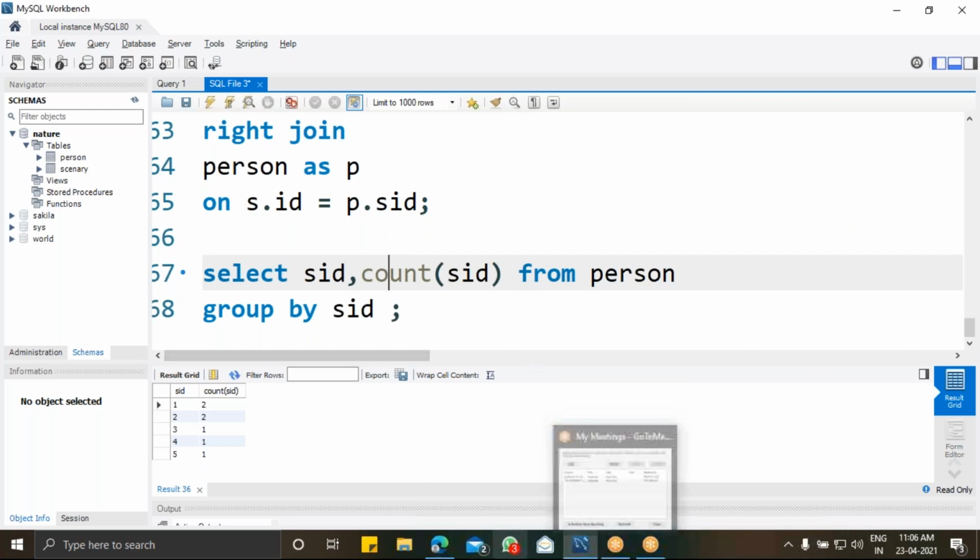So when you're listening, it is pretty much very easy for you, but whenever you start to work on it, then only you know the difference between it. So where to use this group by, where to use this order by, where to use this where clause, where to use this between.